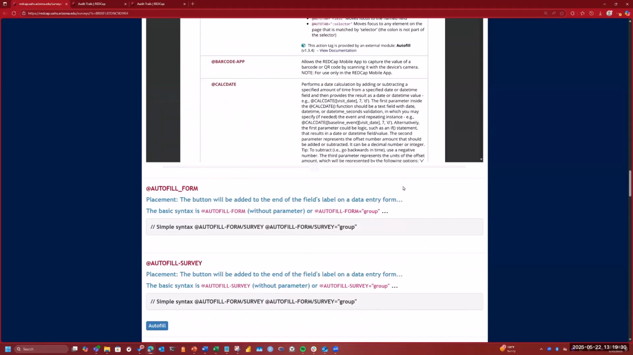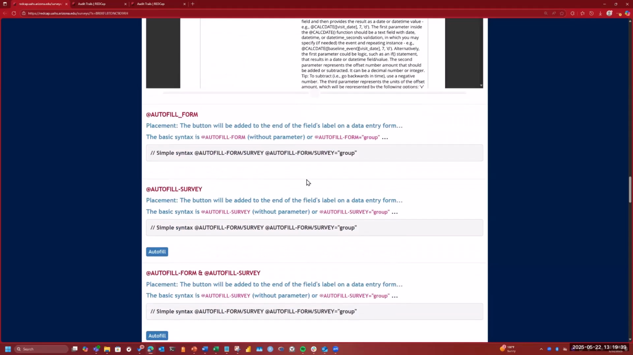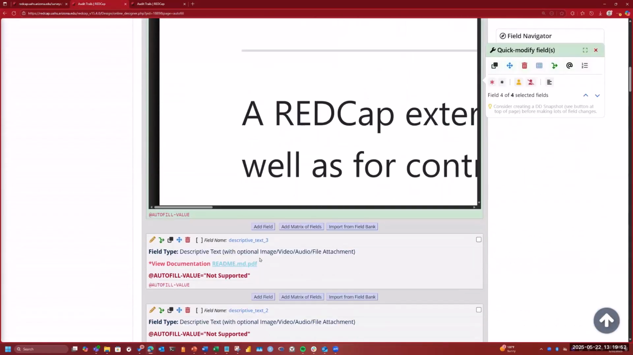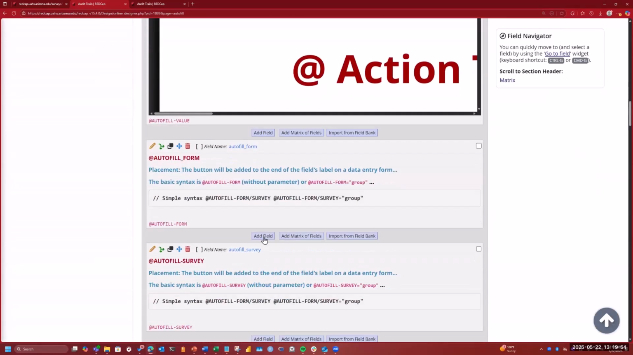Not that it pertains to the action tag itself, but it's just a crutch for myself. And then here I have an autofill form. I have an autofill form label. And so if you notice, I'm going to take you back to that field. And here within this label,